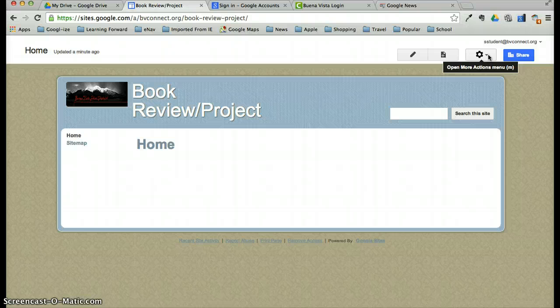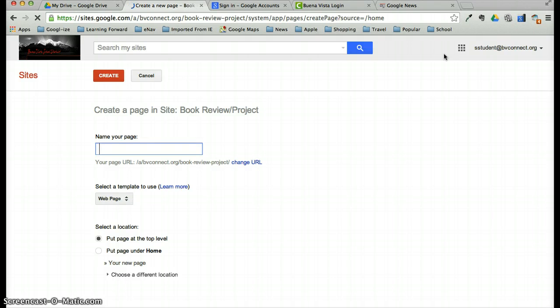So I know I want a couple of pages, if I remember correctly. I'll just show you a few. I want a home page where I'm going to give an overview of my project. And then I'm going to add a new page. And I'm going to want this one, if I remember correctly, you guys need to do a book review on